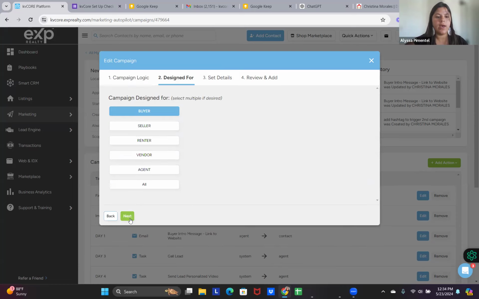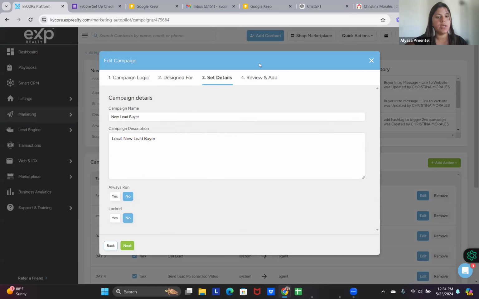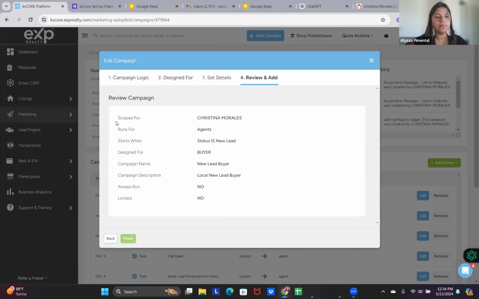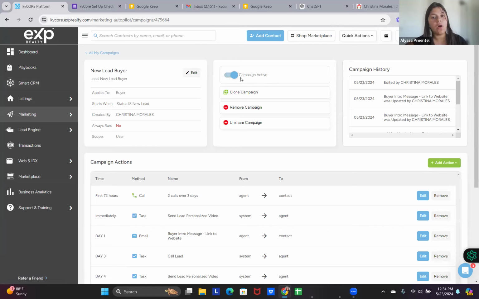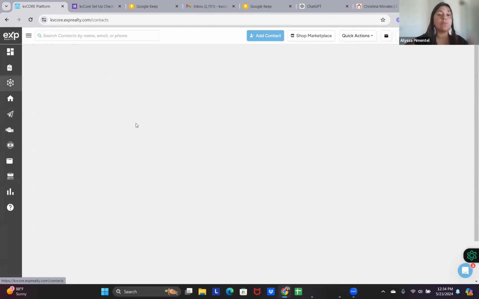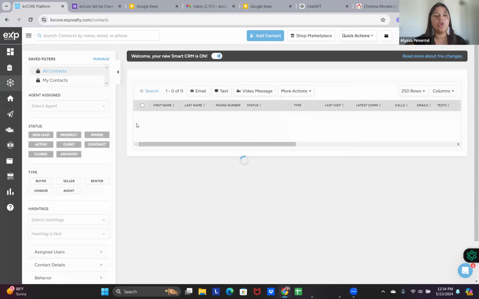Okay, and we'll just save that. And then this is for buyers, and then we're going to just save it. Now, to apply it, what you're going to want to do is make sure that the campaign is active. So I'm going to turn it on, campaign active. And then under smart campaigns, under smart CRM, that is where you are going to